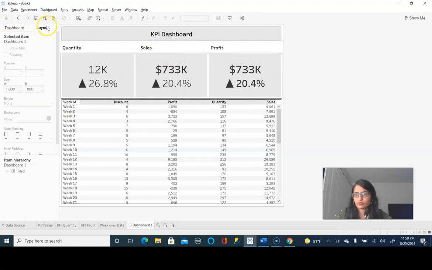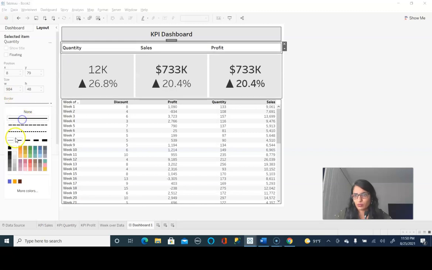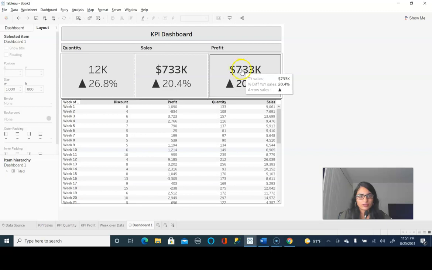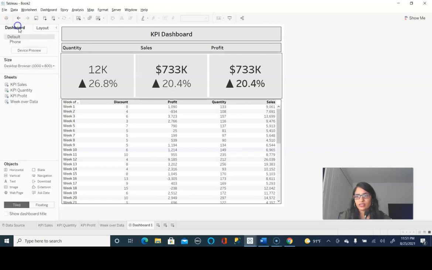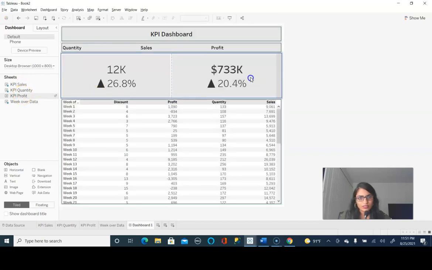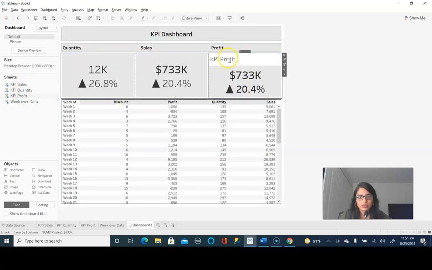We can change the layout for this one as well. And we select this, we'll select the border as this, and we'll add some background color, so this will give a better view. The same way we can do the required changes and it will make our dashboard look better. I can see this one is sales, and this is also sales, this is quantity. So we can just come here, drag it out of the view, and add profit instead here. Yes. Okay, I think